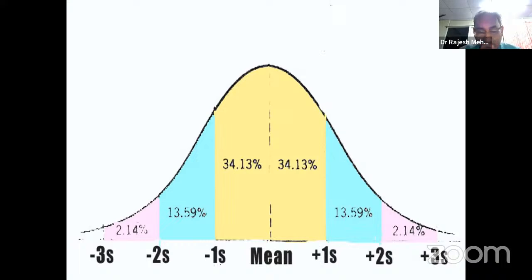Now, there are 200 children. Now the question is, for one child measuring 100 centimeter,